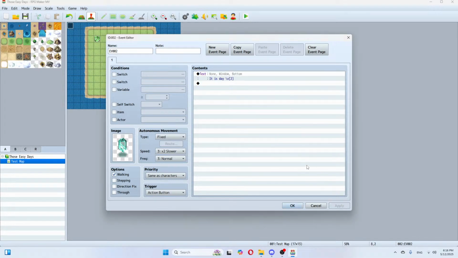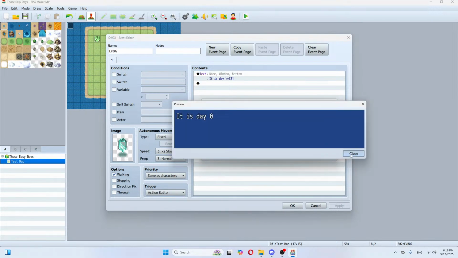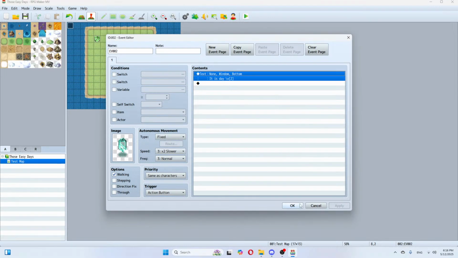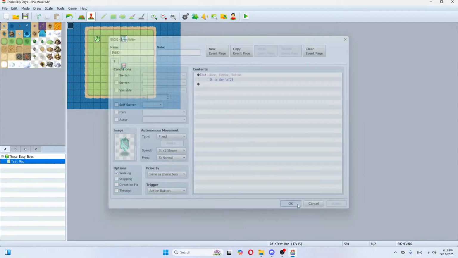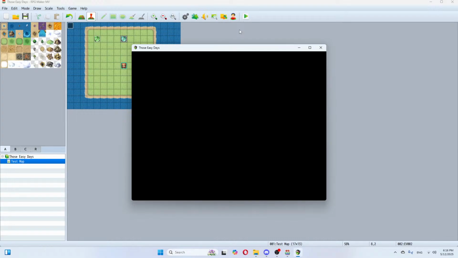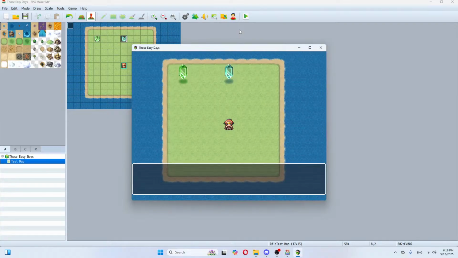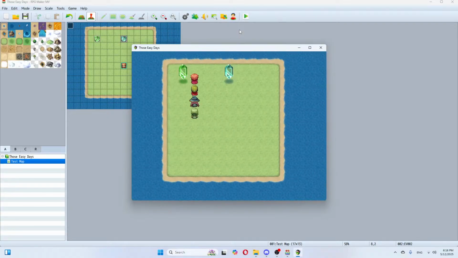Okay. Now let's see. Preview. Very good. It's not math. It's coding. Now we're going to see this very, very simple code in action. Okay, I've got to take that out. Behold,